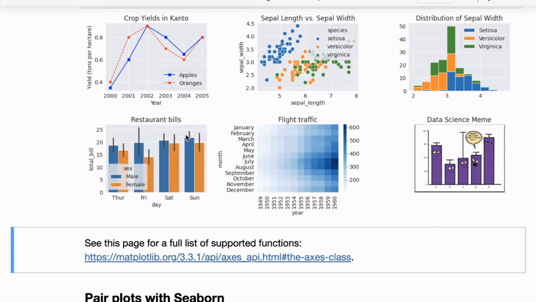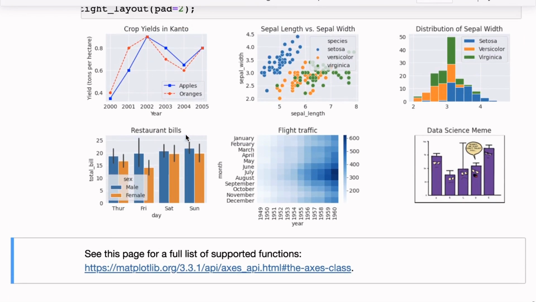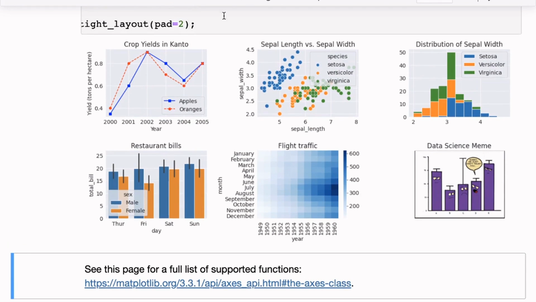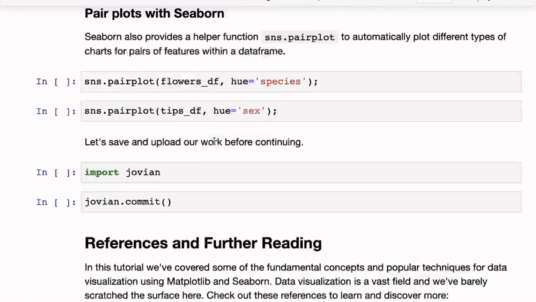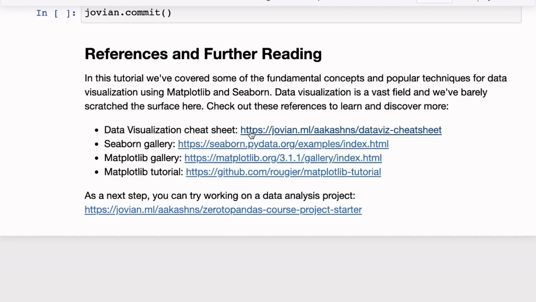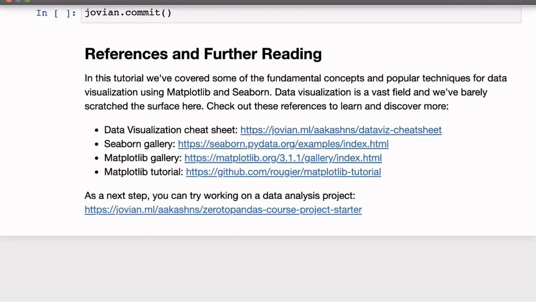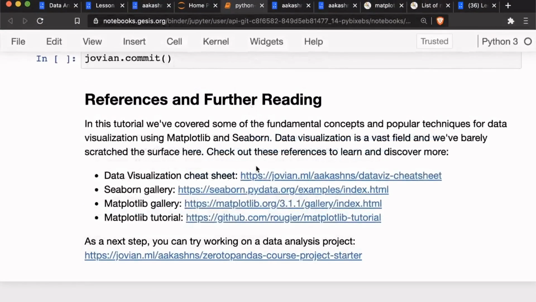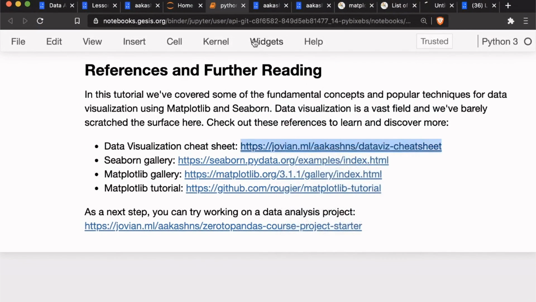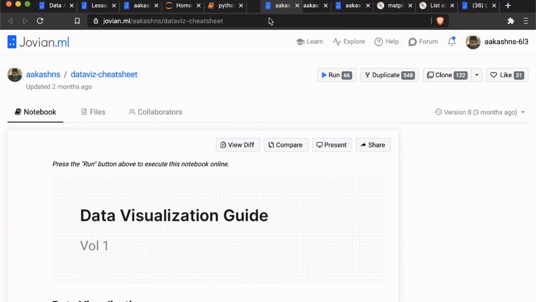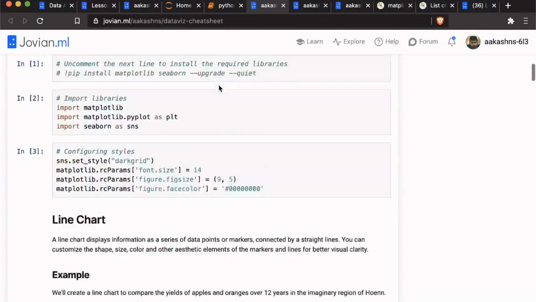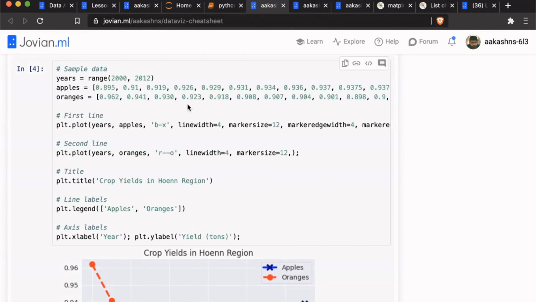Now this is just a small selection of what's possible, and there is a lot more that you can do. So what I would recommend is, I have pointed to a few resources here. So I've pointed to a data visualization cheat sheet. So let's go through these one by one. The cheat sheet takes everything that you've learned here and a few more plots and gives it to you in a very simple format that you can use as a place to copy paste from. Because with data visualization, what I often struggle with is that I know what I want, but it's very hard to figure out what the right syntax should be.